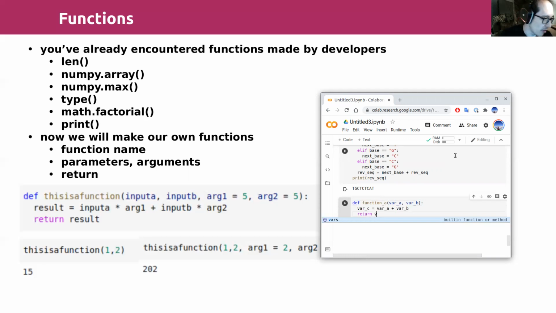Maybe it saves a file or something like that, but we can make a function that will produce a variable as its output. So here we can say var c is our output, and you use that with this return statement here. And then we run this, and by running